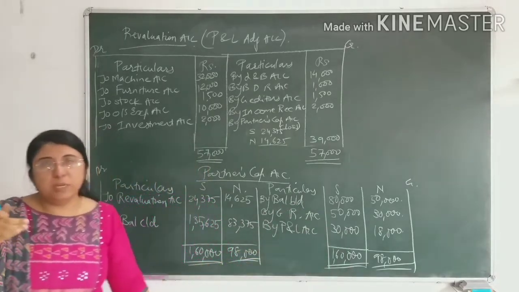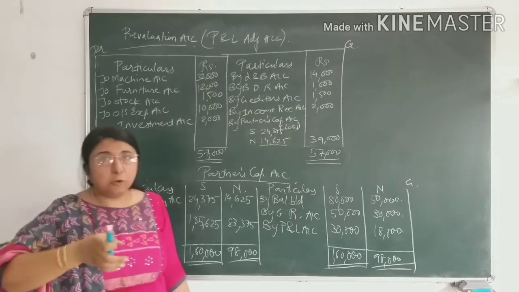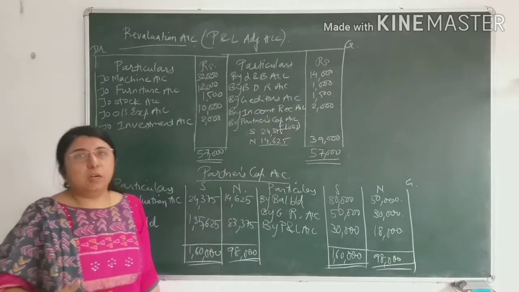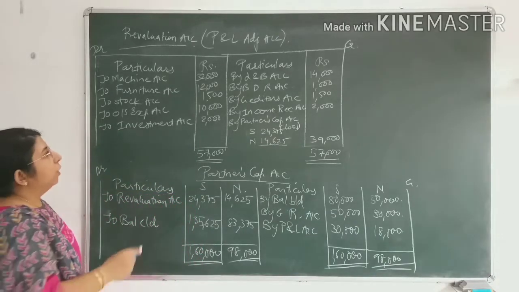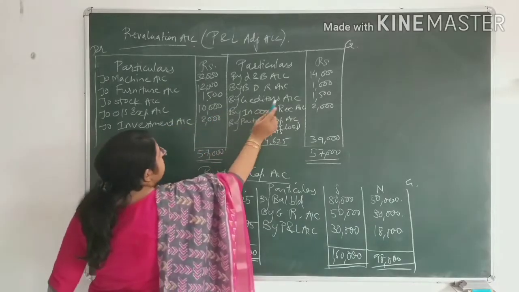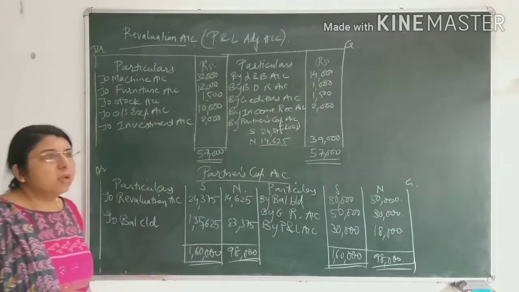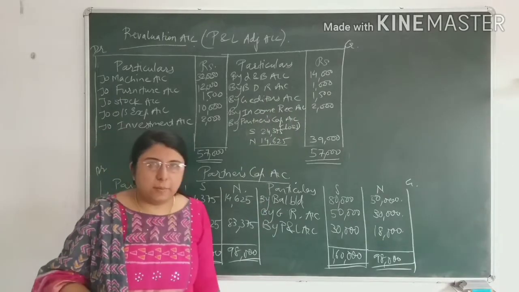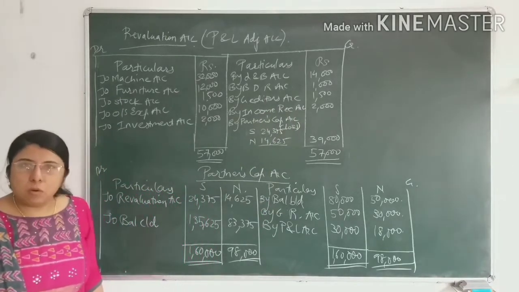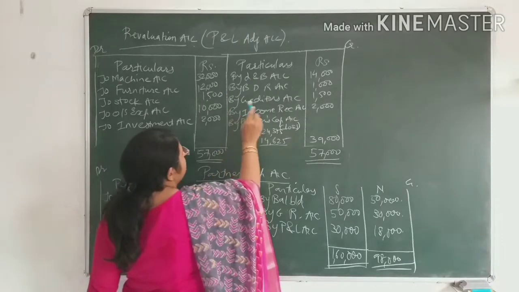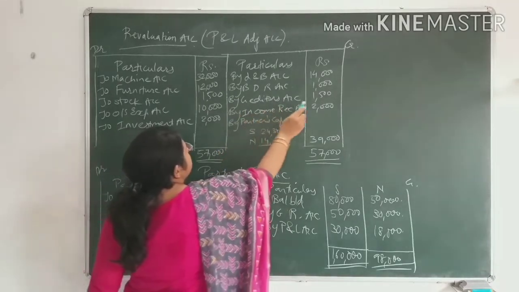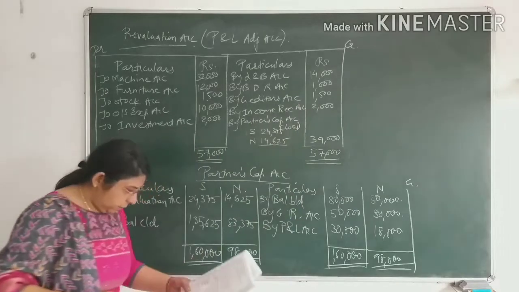Now the next entry that we had written is of creditors. Creditors' value has been reduced. Due to the decrease in the value of creditors, profit occurs to the firm. So as profit occurs, on the credit side of the revaluation account we write by creditors account. The journal entry we have written was creditors account debit to revaluation account credit. So on the credit side we write by creditors account, rupees 1,500.